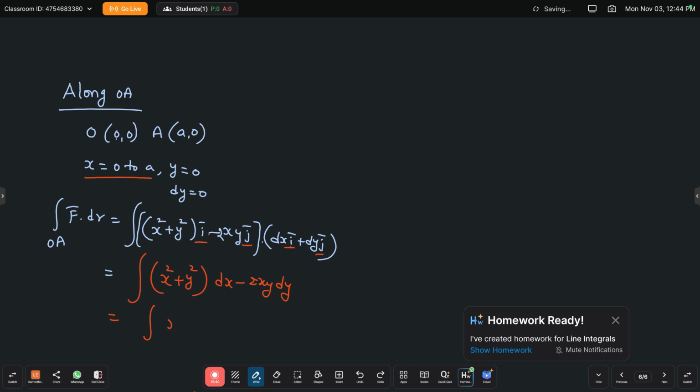Now it becomes like this: x square, and y is already 0 from the previous boundary, so that term becomes 0 with respect to dx. Minus 2x, again y is also 0, so it is 0. Now x is varying from what limits? 0 to a. So therefore the integration along OA is nothing but